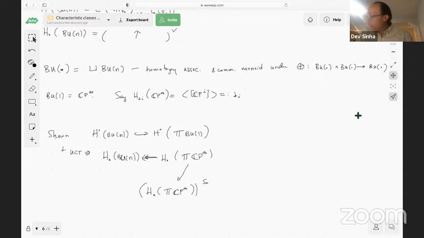And then you just check ranks to deduce that we have an isomorphism there. So what that's saying is that the homology of BU_n, getting back to this interesting space, the space of n-dimensional subspaces of C infinity and how they twist around,